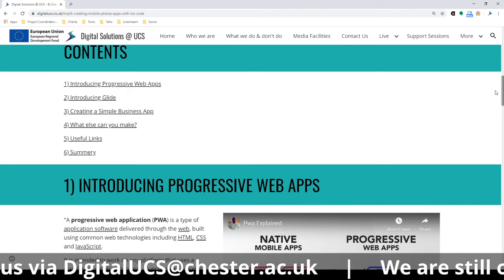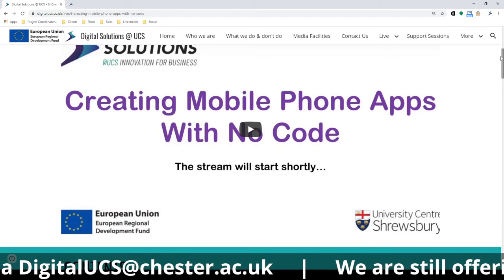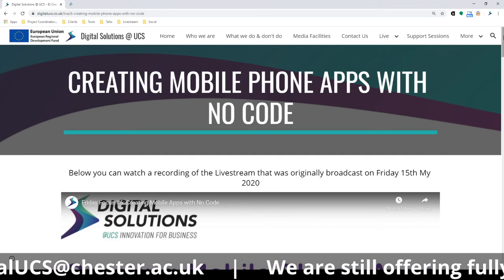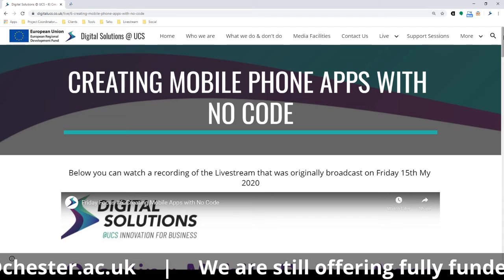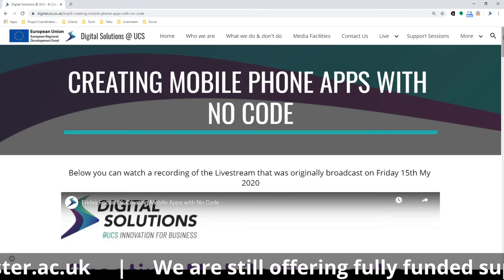The other thing that we tend to use this for as well is if we have clients who want to make an app that maybe Glide can't handle, maybe they want something a bit more sophisticated, what we'll do is we'll use Glide with them to produce a proof of concept, a wireframe, a working prototype, if you like, that the client can then take to a developer and go, well, look, this is kind of what I've got in